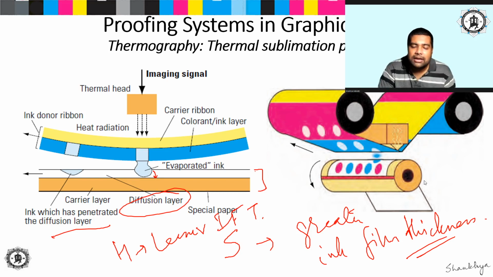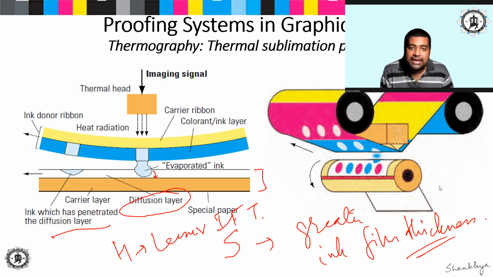So ultimately what you can see from this is that the method through which tonal gradation is achieved in thermal transfer as well as in thermal sublimation is a lot different. In case of thermal transfer, we saw the dot sizes change depending upon the amount of heat generated by the thermal head and transferred onto the ribbon. Thereby the size of the dot formed due to the melting of the ink and finally transferred onto the paper determines the nature of the dot and the size of the dot.